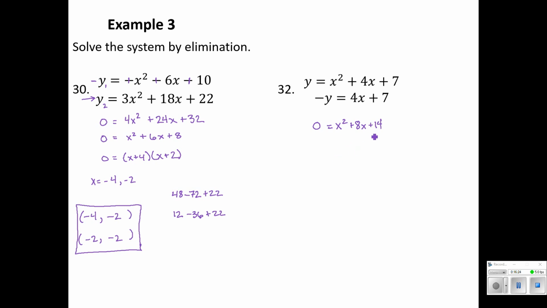Okay. Well, here, this is one that's not easily factorable. That doesn't mean the problem is unsolvable by any means, but we just have to resort on some different solving techniques. So if it's not factorable, I can't use the square root property, we're going to try quadratic formula. So x equals opposite of b plus or minus the square root of b squared minus 4 times a times c all over 2 times a.